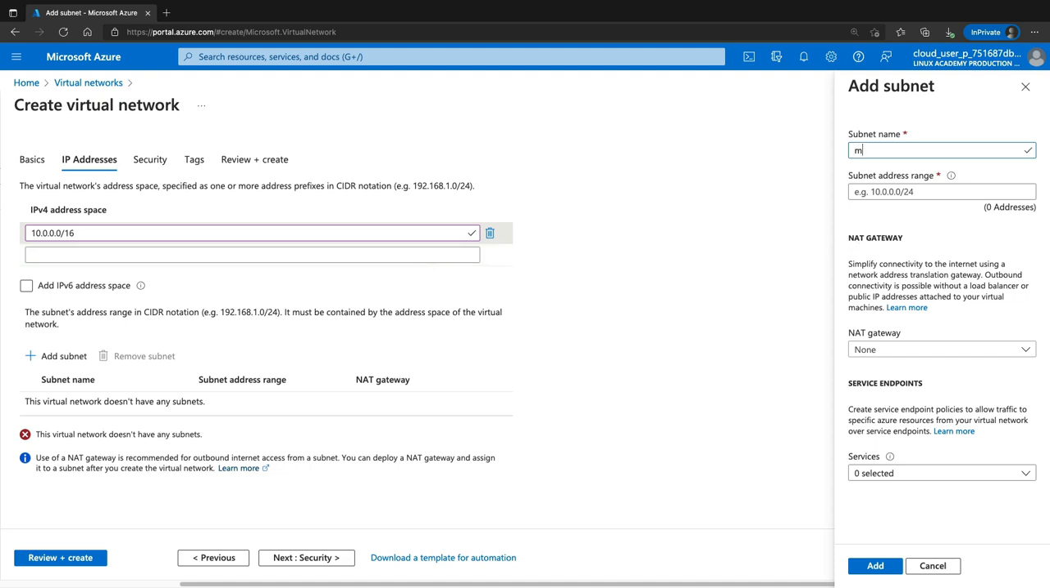Let's go ahead and name this subnet my-subnet. And next we need to put in an address range. Now this subnet address range must fit or be encompassed inside of our IP version 4 address space on the left side of 10.0.0.0/16. So for example, if we put in an invalid subnet address range, let's try